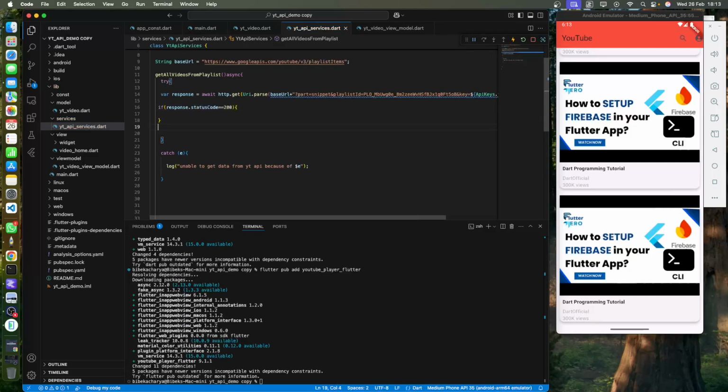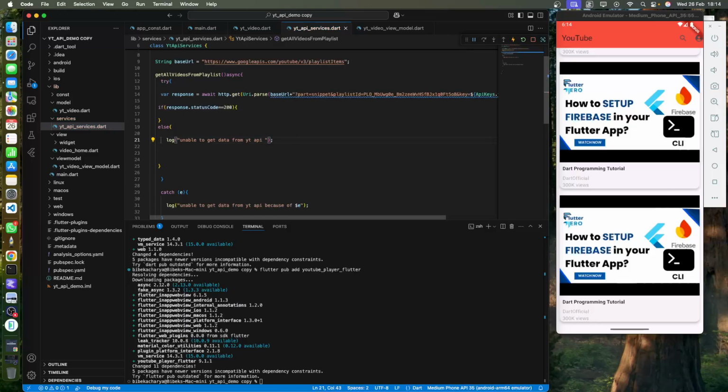Otherwise we are not getting data, and we will simply log the information about the status code and the message written by the API. So I will simply copy this statement and I will simply